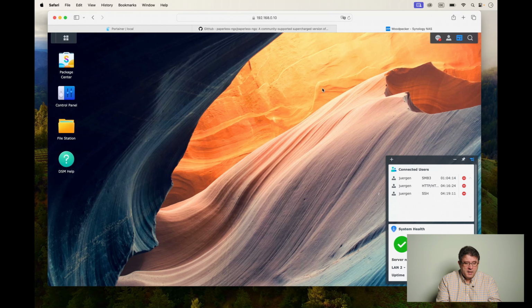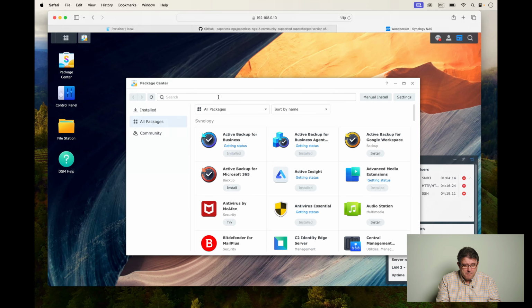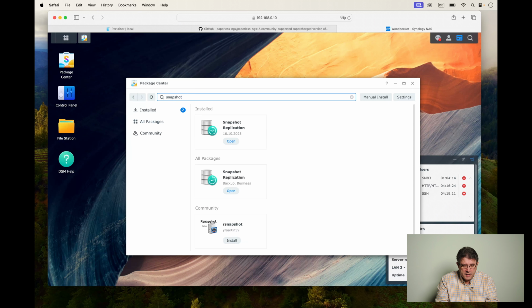If you haven't installed it yet, you can go over to the package center, then you enter snapshot here in the search bar, enter, and it should look something like this. If it's already there, you can just plain old open it, or if you haven't installed it yet, there is an install button underneath. I suggest to install it. However, it will only be available if you are using BTRFS. It's not available for ext file systems, unfortunately,